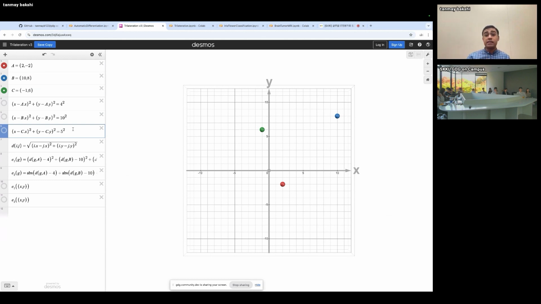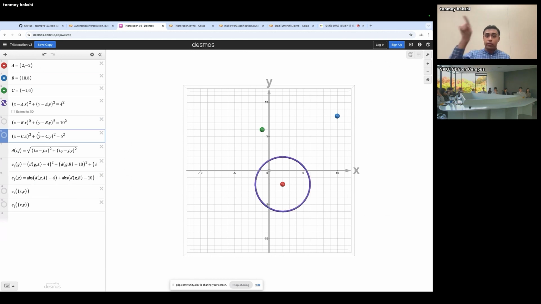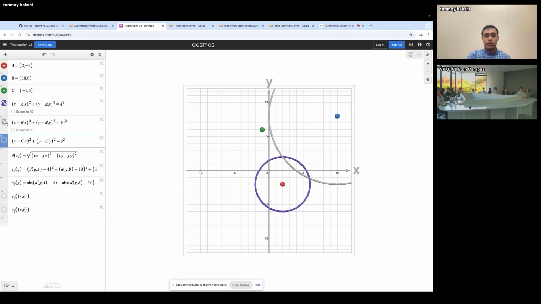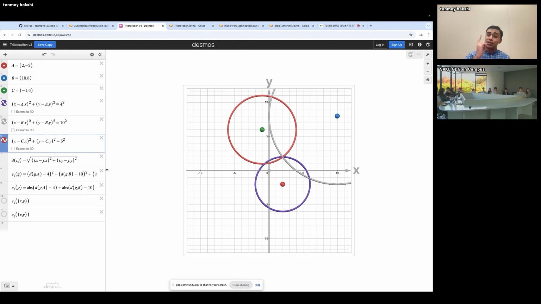Now, one of the really easy ways to visualize where we are in the space is to draw circles around the reference points, where the radius of the circle is the distance from the reference. And where all 3 circles intersect is where we are. So for example, starting from A, if I draw a circle with a radius of 4, somewhere on the edge of this circle is where we're located. We know that for sure because that's how far away all points from A are. If we also draw a circle around B, suddenly there's 2 intersecting points, and that means that we have to be either at this location or this location. And then drawing one more circle, you see there's only a single point where all 3 of them intersect, and so that's where we have to be located.